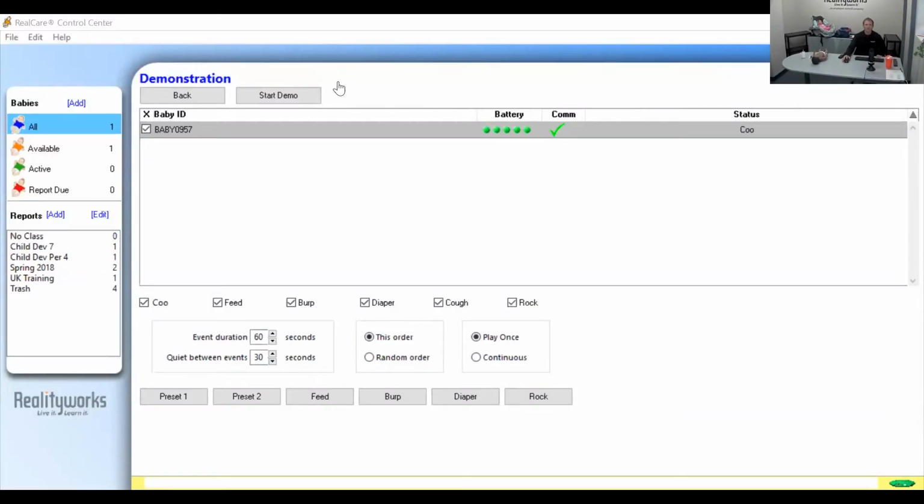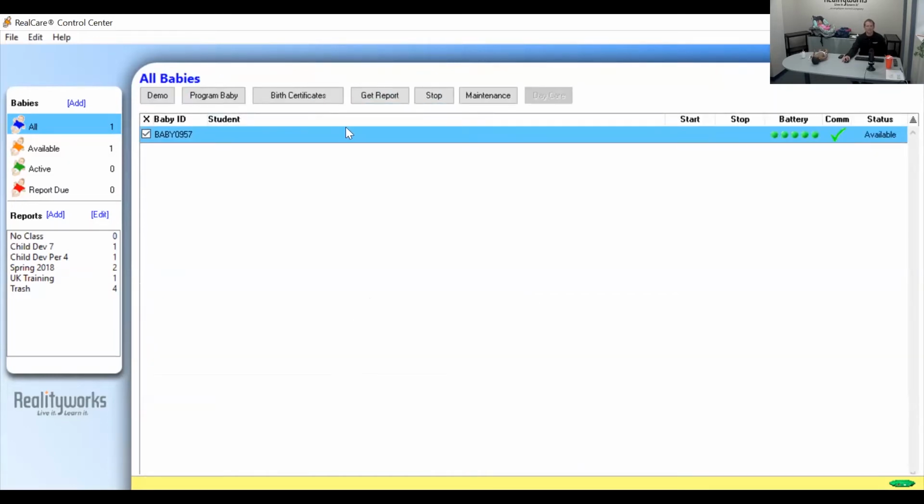Okay, so I'm going to stop the demo right now. Another thing I'm going to show you here is I intentionally let the head go back. That would be another thing to do. Intentionally let the head go back. Pick it up sharply, get it to a head support, and then check to see how many head supports are